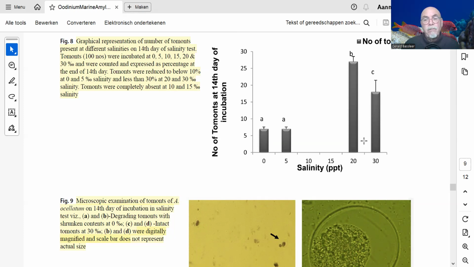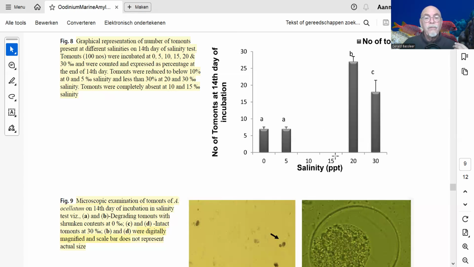At higher salinity, well, we know Oodinium, the velvet disease, thrives very well at higher salinities. But even at the very low salinities, there were some parasites left. I think that might be due to the stressy situation, that the fish were stressed, and stress is causing lack of immunity, and that the Oodinium had a better chance to remain adhered to the fish. But particularly interesting is to understand that 10 to 15% salinity would be a very good tool to control marine